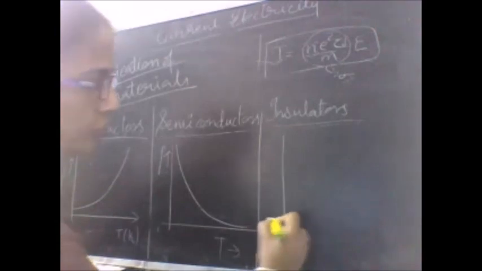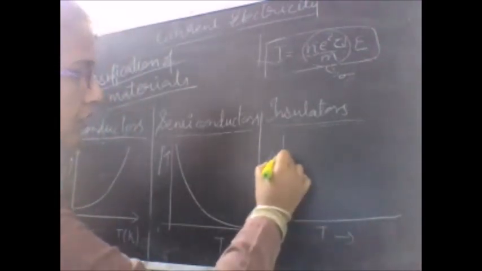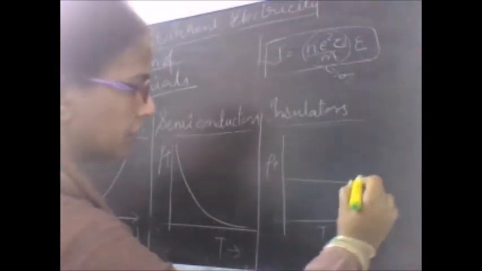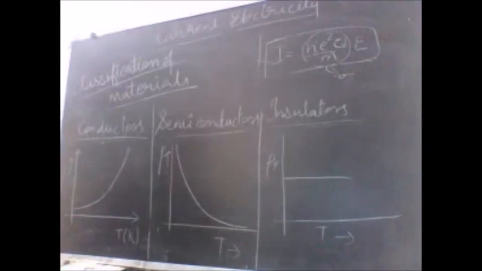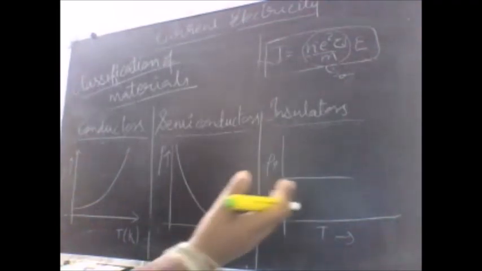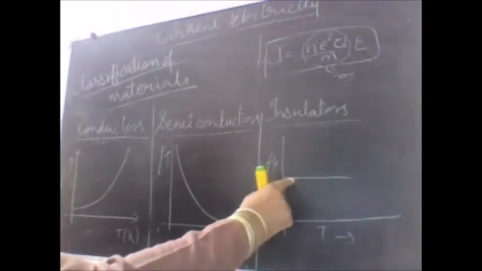What about this graph? A simple one. There is no change in the resistivity, there is no change in the conductivity on the rise of the temperature. So we'll say a uniform graph for the resistivity. Whatever the temperature is, resistivity remains same, and at a particular temperature, of course, the insulating piece, for example wood, starts to burn. So we'll stop our graph a little earlier.